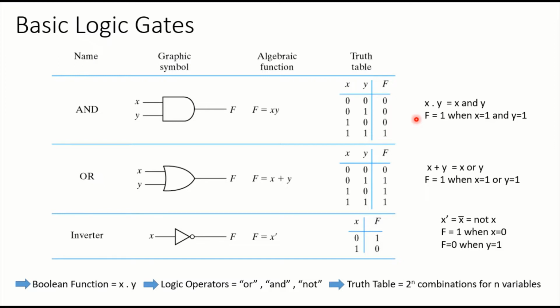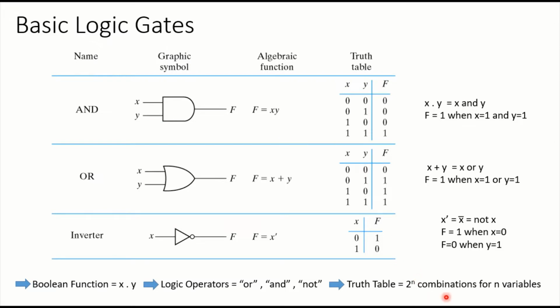How can we draw the truth table? Here we can see there are two inputs. The first requirement for drawing a truth table is that we must know the number of inputs or the number of variables in the logic. If we know the number of variables or inputs, then we can draw the truth table. Here we are using a two-input AND gate, so the number of variables or inputs is 2.